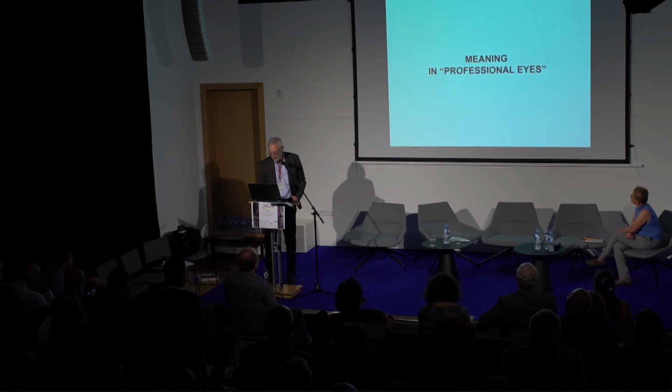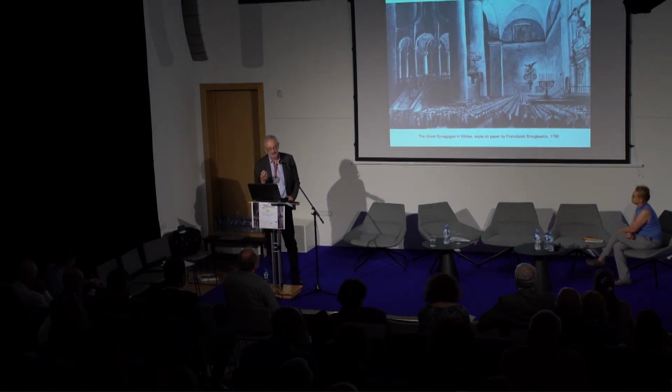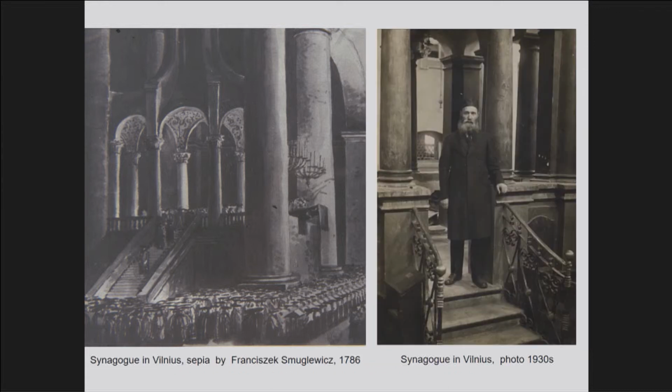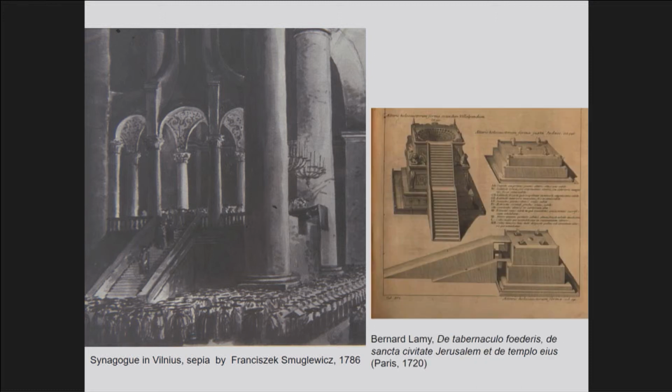So, how do we know? How do we know that this Vilelpando iconography was imbued into these structures? If we look at the drawing by Franciszek Smuglewicz of the late 18th century, we see how he treats the details of this synagogue. Look at the bima. You see, actually, it was pretty low, some 3-4 steps, and he shows the platform elevated with a long flight